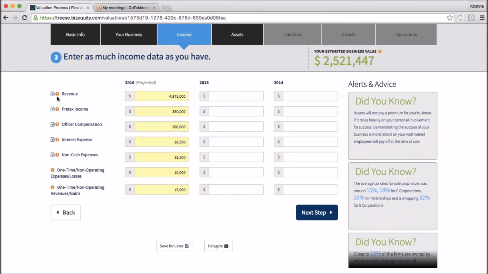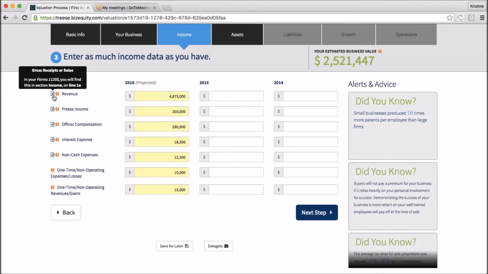The other thing I wanted to bring up is, to the left-hand side of each one of these data entry locations, you'll notice two icons. We have a question mark icon as well as a form icon, which looks like a piece of paper and represents what should be a form. This relates directly to what we were talking about on step 2 with business structure, and why it's so important to enter and make sure you have the correct business structure labeled out. We want to make sure that we're pointing you in the right direction as to where to get the information that you're looking for. And for some of these locations, officer compensation being probably the biggest one of those,